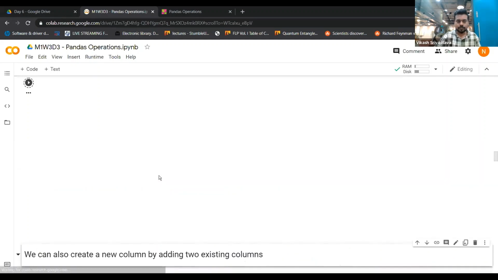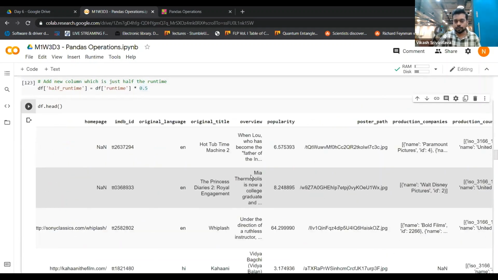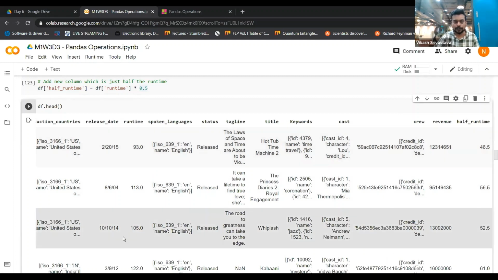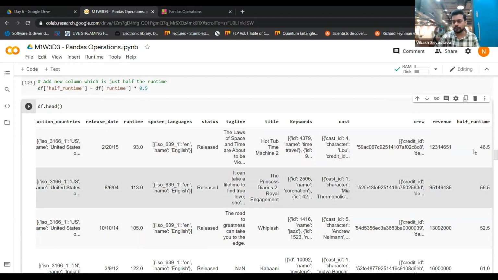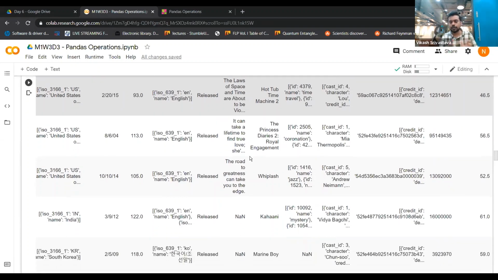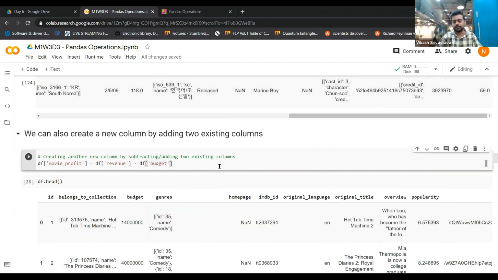Now, as you can see, if I scroll to the right, we have a new variable, half runtime, and as you can verify, half of 93 is 46.5, half of 113 is 56.5. So we have got a new column, half runtime, whose values are just half of your runtime. This is how you can simply create a new column if you just want to do this basic operation. Of course, we can use complex constructs